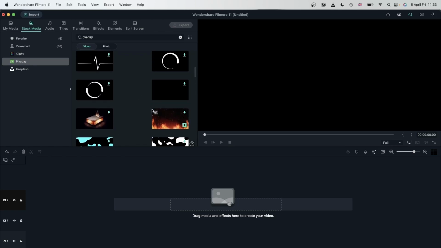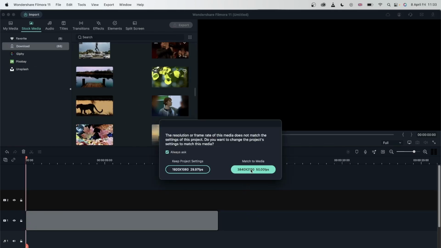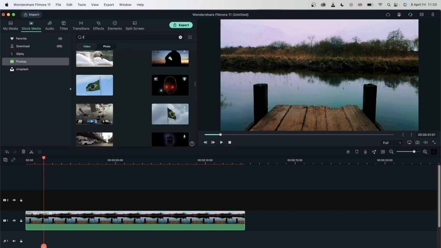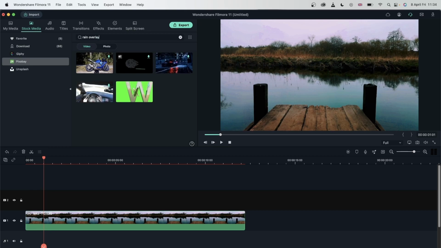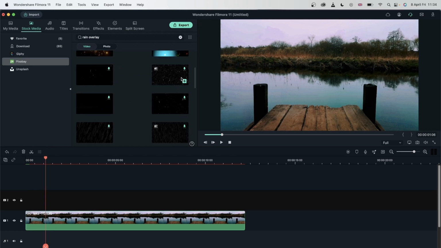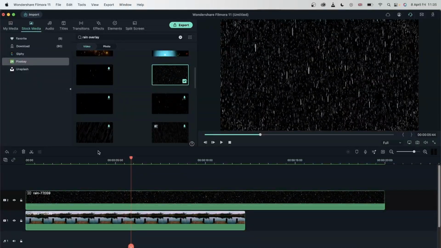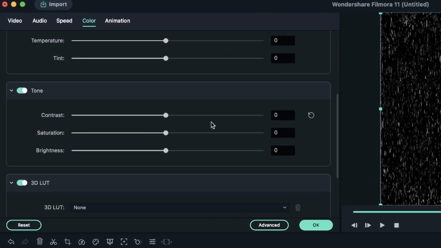Let's get something cool. I'm going to get this right here. This lake video. Head over to Pixabay and look for rain overlay. And I'm going to get this rain overlay, drag it on top. This is the overlay. You can see that there are a lot of tiny particles. Double click on the video,